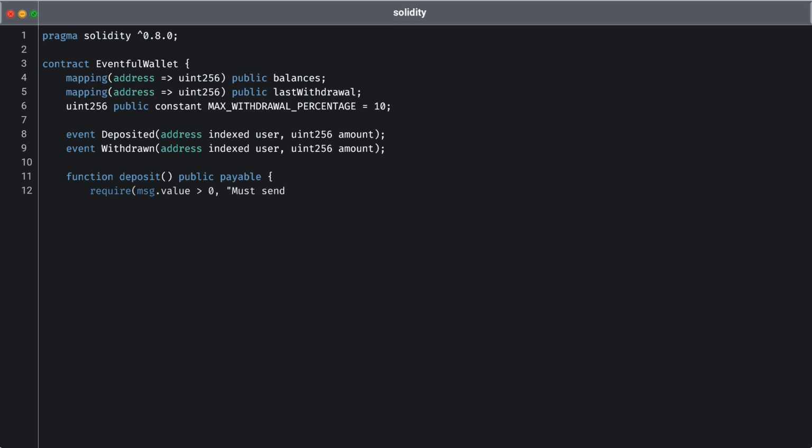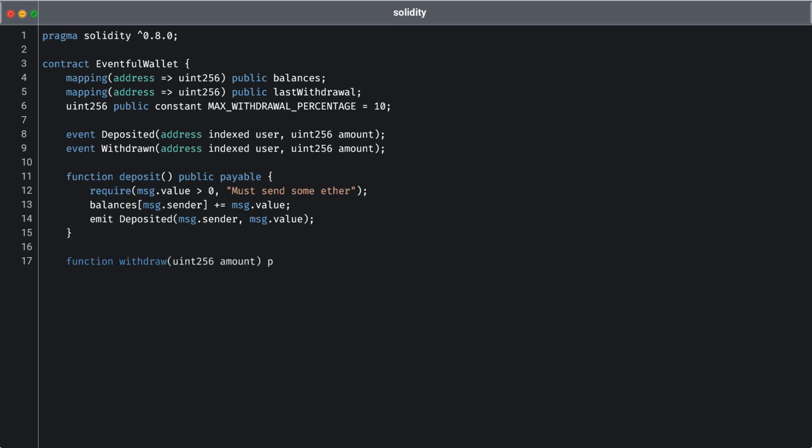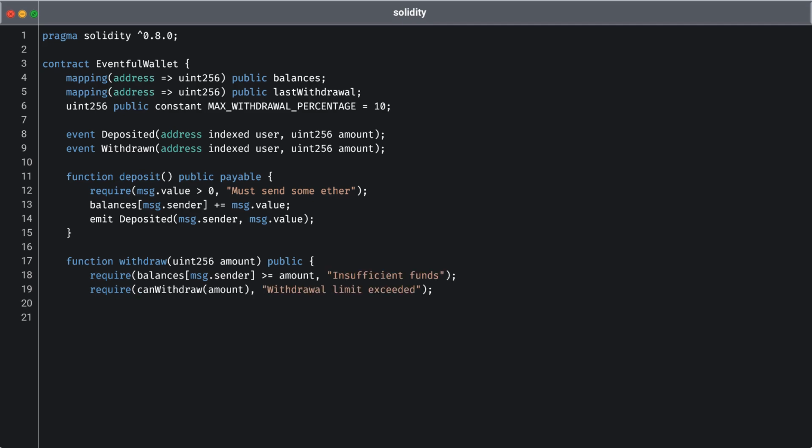Next, we will define the deposit function, which allows users to send Ether to the contract. It ensures that the amount sent is greater than 0 and updates the user's balance accordingly. Upon successful deposit, the deposited event is emitted, providing transparency and real-time updates for front-end interfaces or external applications that